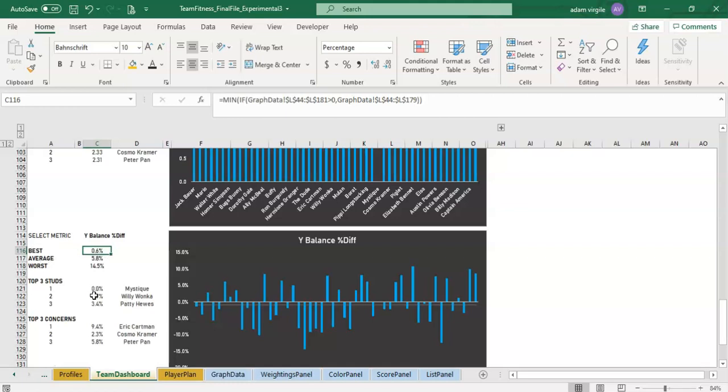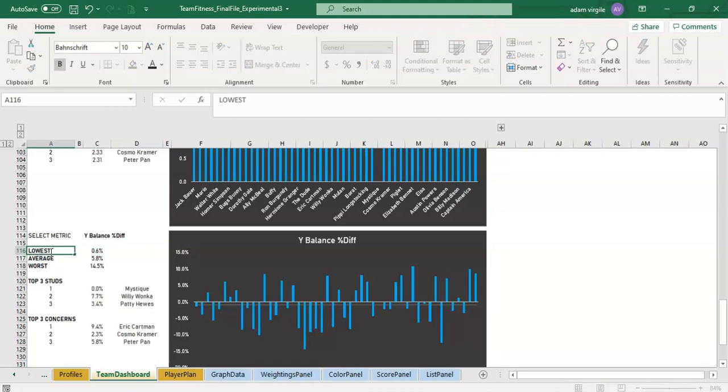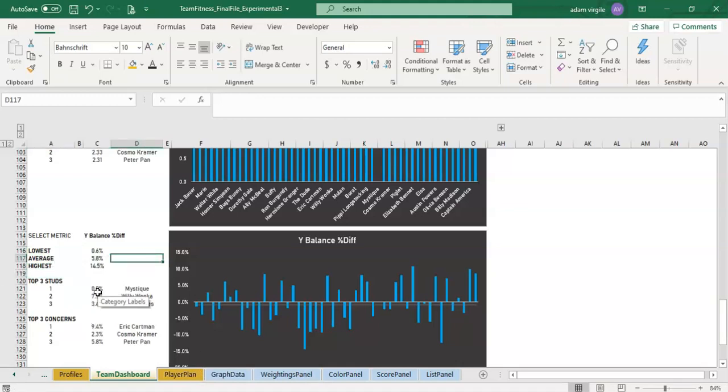You can change these words to be whatever you want. The average is about 5.8% difference between limbs for Y balance, and the worst or the largest difference is 14.5. We can say lowest, highest. And here are the top 3 and bottom 3. Except now I'm a little bit confused. So if the highest value,